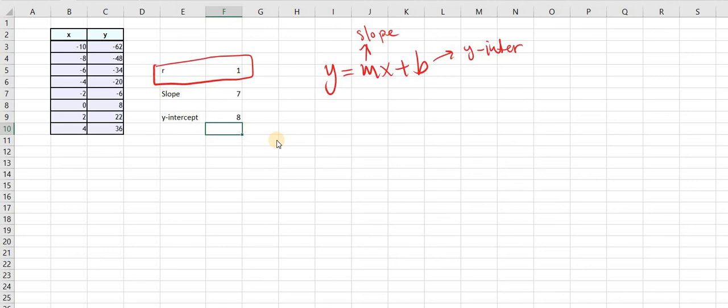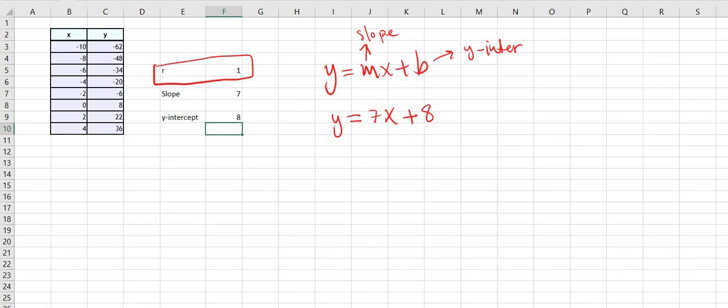So now to write this equation, we're going to say, okay, the equation is y = 7x + 8. So that is the equation, which we call the least square regression line equation. And we can use it to predict points that are very close to the points in the table, or know some information about the existing numbers by computing the residual and knowing whether the observed value is above average or